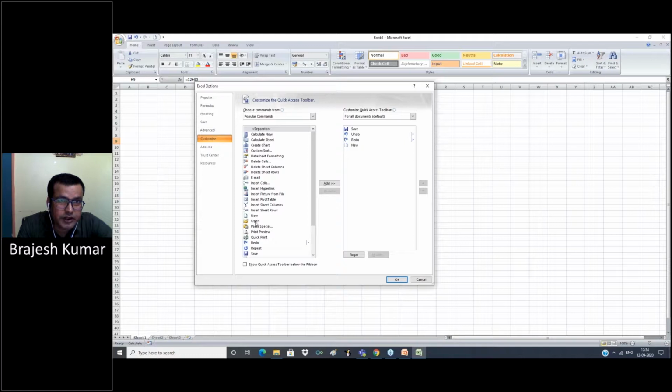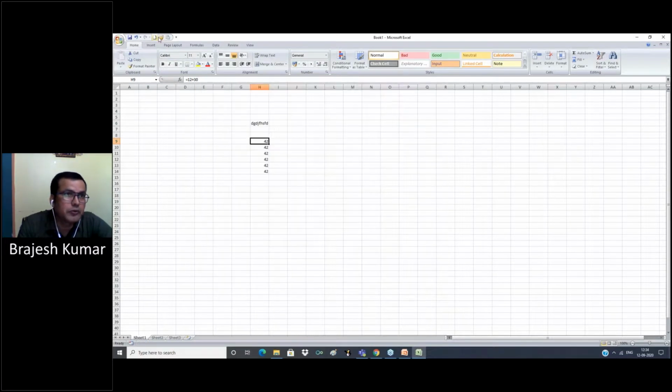Calculate sheet, calculate now, open, add, paste special, add. Save is already added in the quick access toolbar. Now okay. Now open and paste special are there.